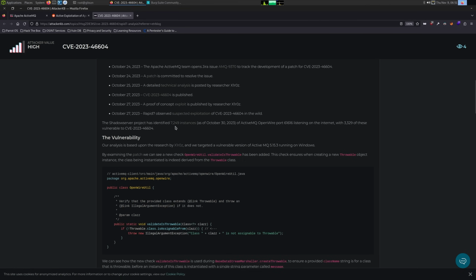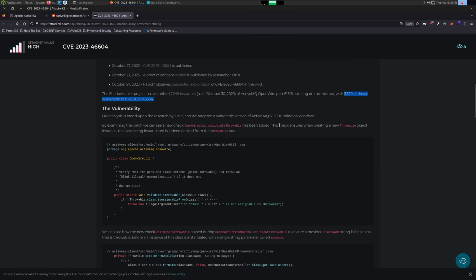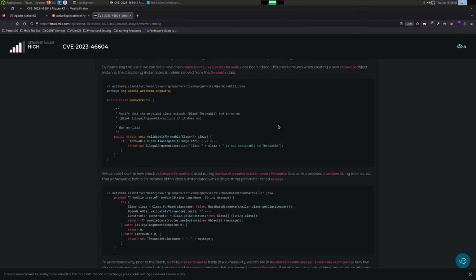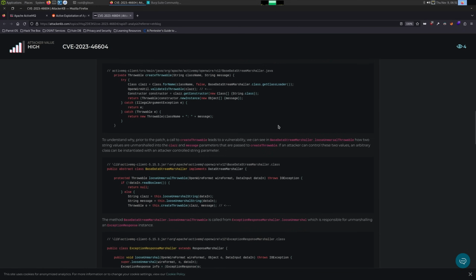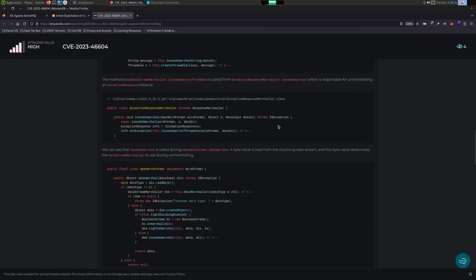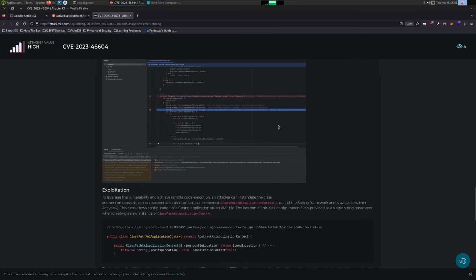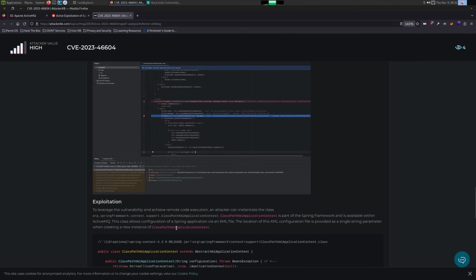it's talking about it, and they found 7,200 instances of ActiveMQ listening on the internet, with about half of them vulnerable to this CVE. Now, if you don't know what ActiveMQ is, it's a message broker, so think of it like RabbitMQ or Kafka, and it's very popular with Java applications because, well, ActiveMQ is written in Java. So it talks a lot about how to get this exploited. I think it's a deserialization exploit, and the most common way to exploit it is going to be down here